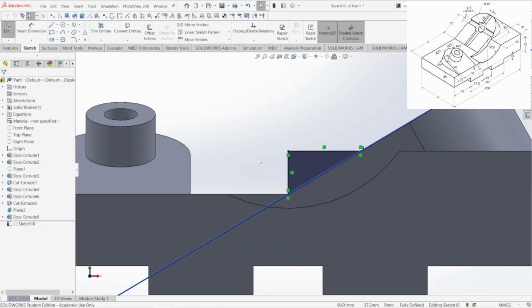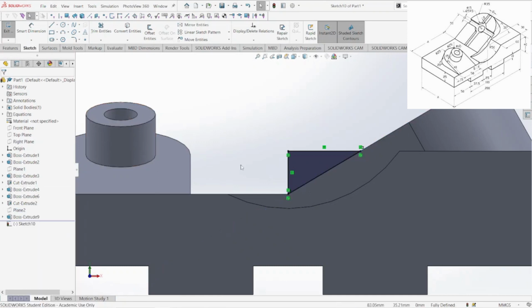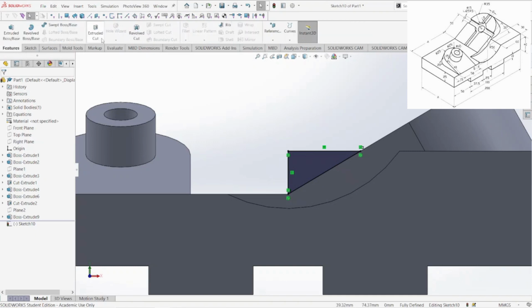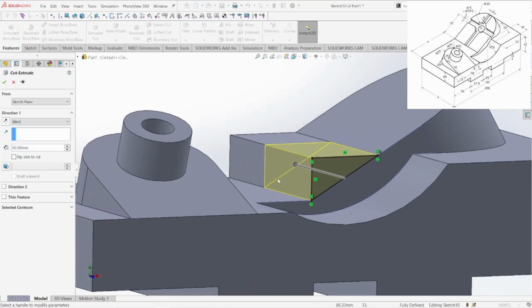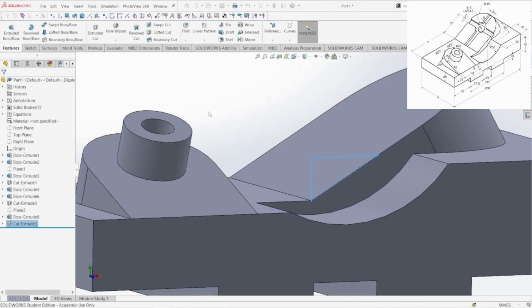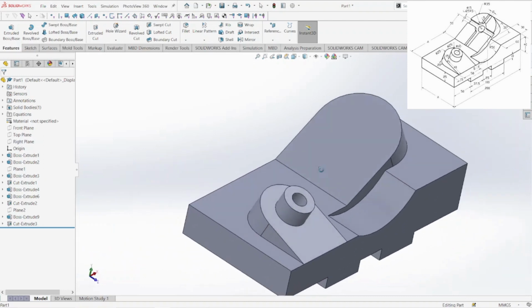And after we have a closed contour, I will first hide this plane. After we have this closed contour, we can use the triangle to do extruded cut, and then pick through all instead of blind to cut the unnecessary body. So we have this kind of shape,